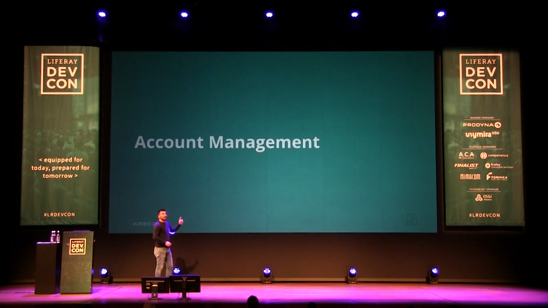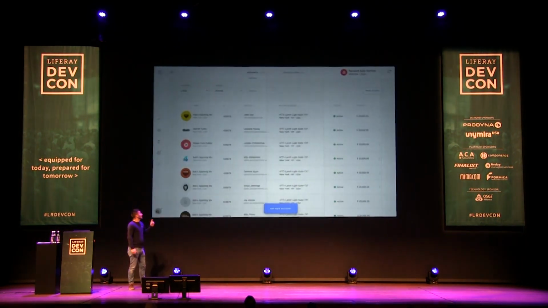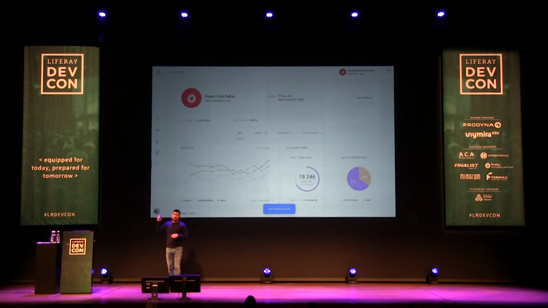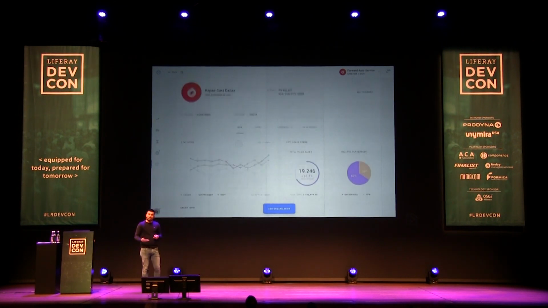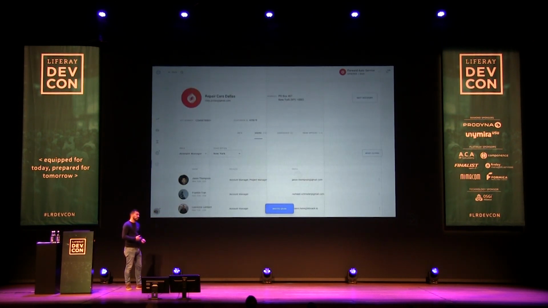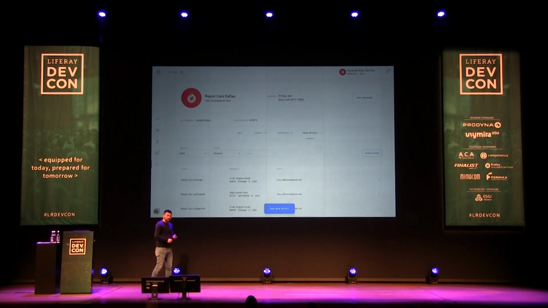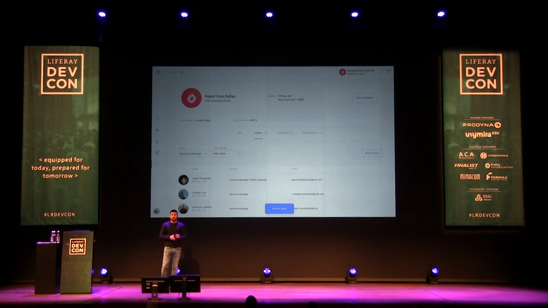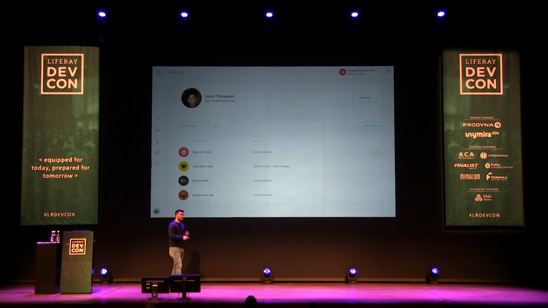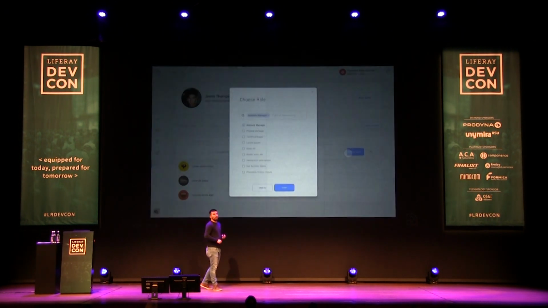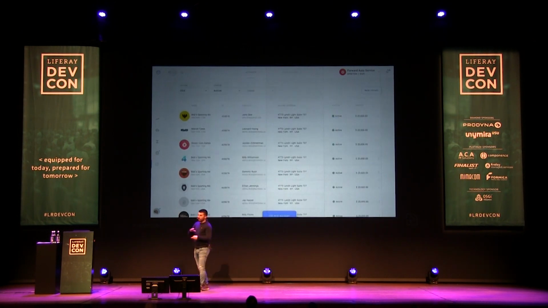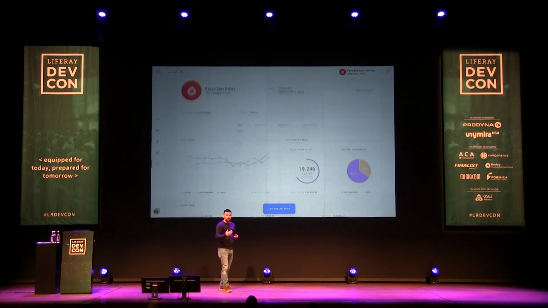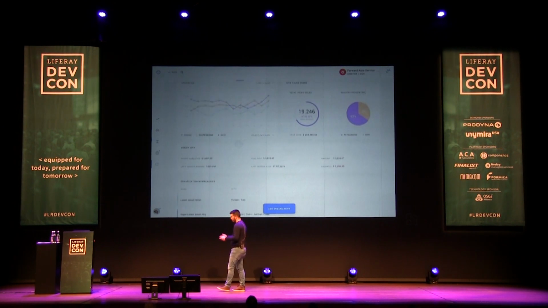So let's see the account management section in action. So this is a Minium accelerator. It's a B2B accelerator for a manufacturing company. You can see how you can drive inside account detail and see all the right information about that account, how many orders. You can see all the users related to that account, addresses. You can create a branch or head office for that. And then you can drive deeper for each user. You can specify which one is the role for that account. For sure, you will recognize this is built on top of the organization, the user admin of Liferay, but we are providing the right user experience for the user. You don't have to build from scratch. We are just providing it to you, and you can just use it.